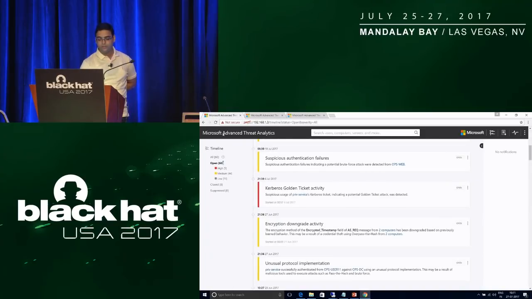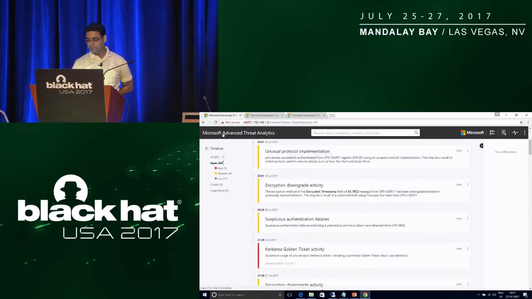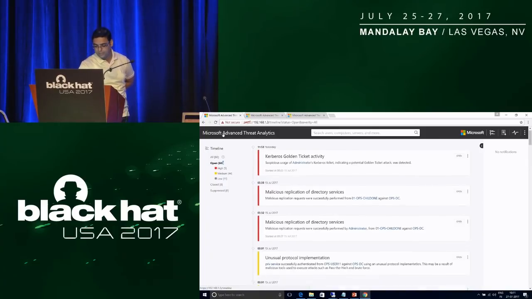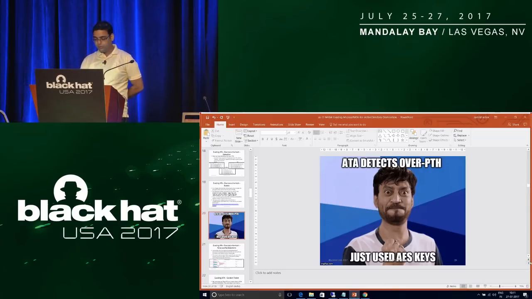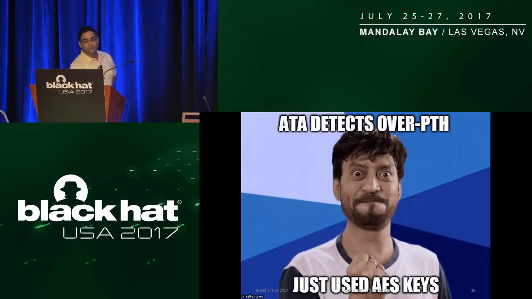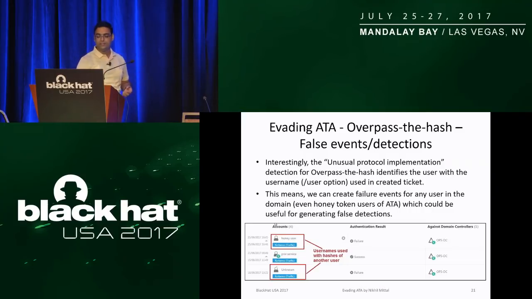So if we go here, there has been no detection. How it gets detected, it's something like this or this. So that's your overpass-the-hash detection, which ATA actually tells you in your face that I caught your overpass-the-hash, right? So once you have your overpass-the-hash attack, once you start reading how it detects it, there are some interesting things you